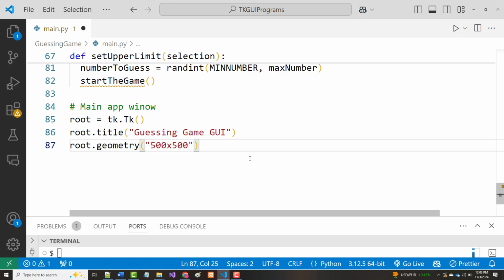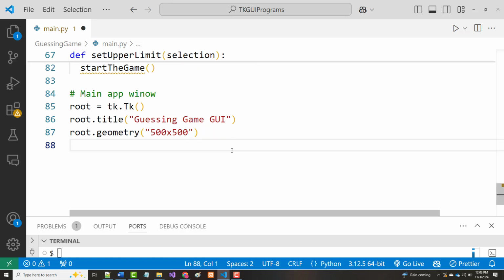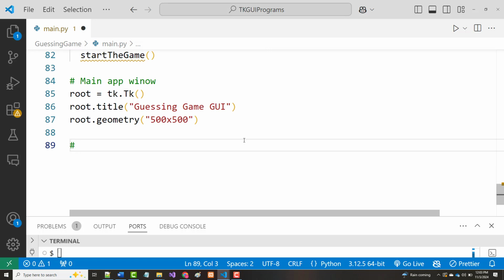All right, and we need to set up our window, which is actually going to be pretty simple. So we could call another routine right here, or we can set it up right here. I'm only going to have a label, a guess, and a button. That's about all I'm going to have in here. Now, I could put other stuff in here. I can put an exit button in, etc. Since it's so small, I'm just going to put the widgets right here. So right under here, I'm going to put in the guessing game